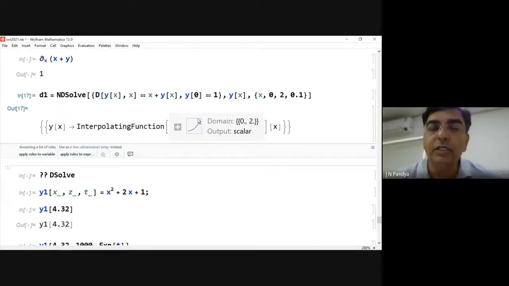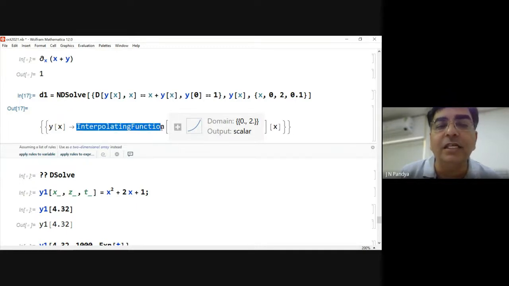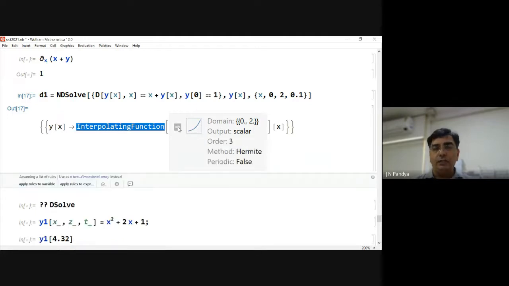This is most important. What it has done is, it has actually identified a function which is representing that data. So it has identified an interpolating polynomial or interpolating function, right? And that function is going to give you this thing. It is some method which they have used, say the Hermite method, and it is not periodic, because obviously we know that the original solution was having an exponential. So obviously it is not periodic. There is no sinusoidal or cosine thing coming up.